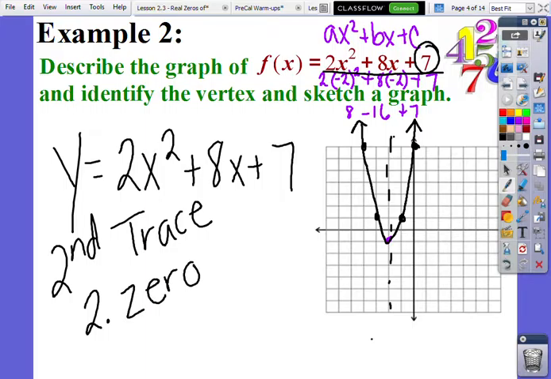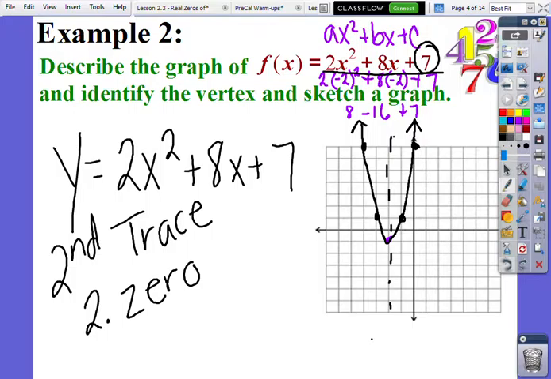And if I do that, what will happen is it will pop up something that says left bound and right bound. And I can go around this point, because that would be an x-intercept, which is also known as a 0. And I could go a little to the left, a little to the right, and then it would tell me that 0. And then I could do that same thing again to get the other 0. I know they're pretty close to -1 and -3,